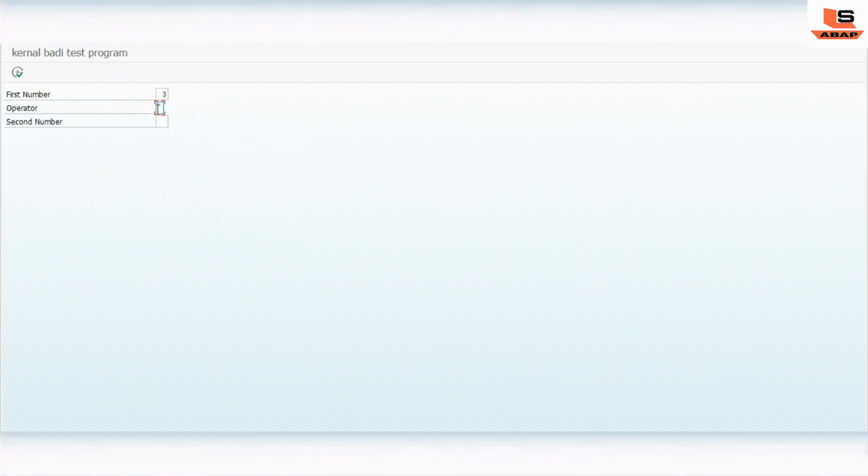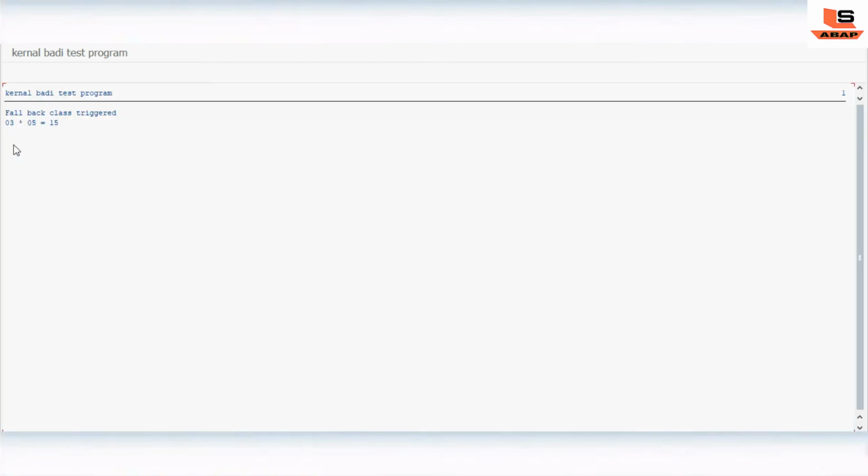I will use 3 and 5. It is giving the output from the fallback class trigger. What does it mean? As you can see, fallback class trigger, and we are getting this output from the fallback class, because the body implementation is inactive, so it triggered the fallback class.